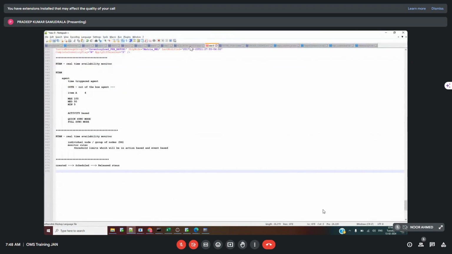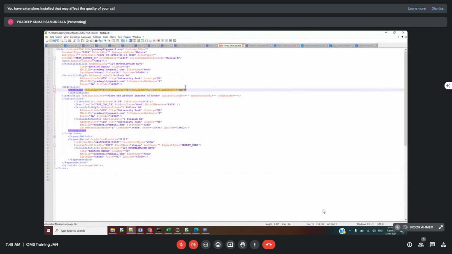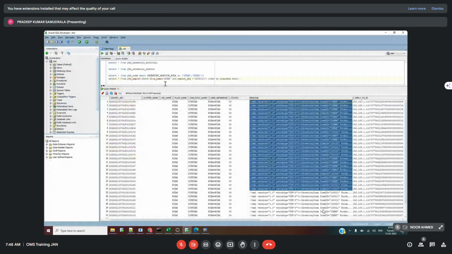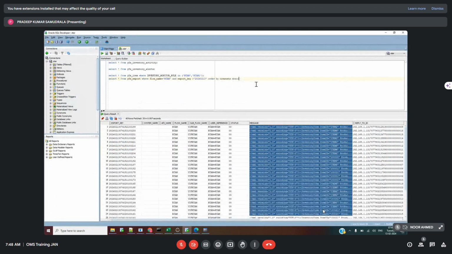Now let us see the implementation. So let me create one particular order. Let me see if we have inventory and let us process an order and see how it goes. So this is my item. In order to check the inventory, we will have the inventory picture as part of the YFS inventory supply table. So let's start from YFS inventory supply, where inventory item key in